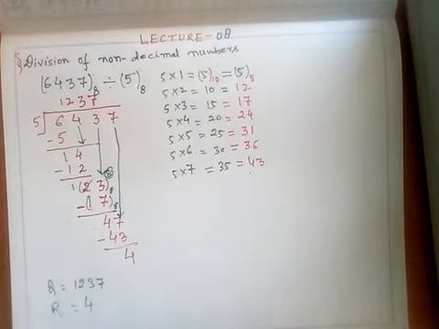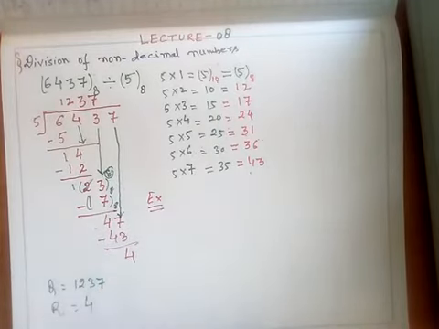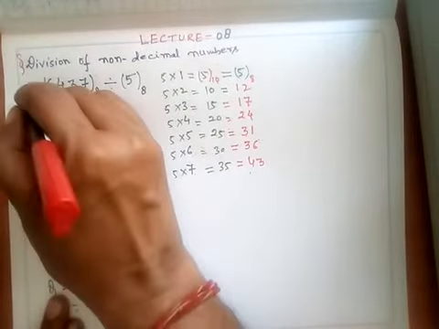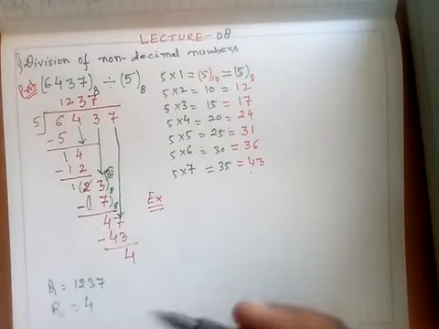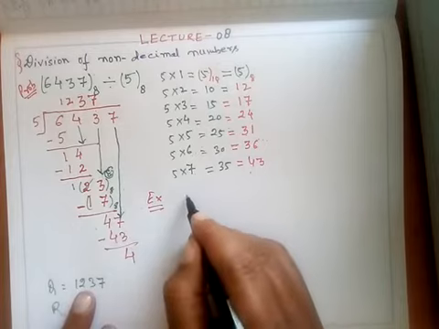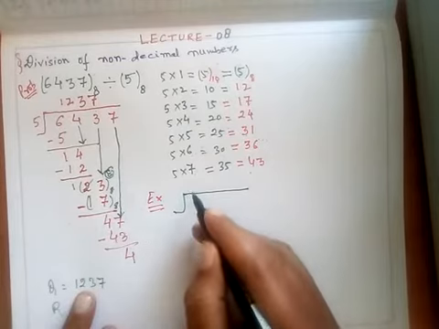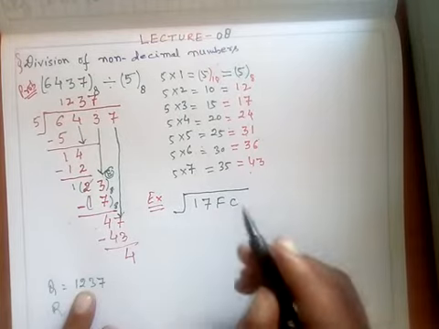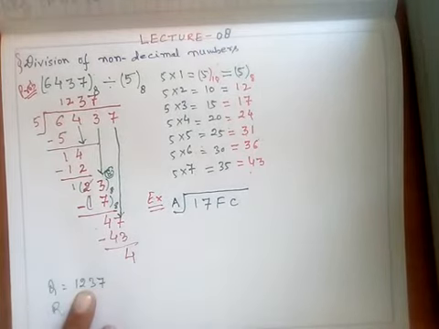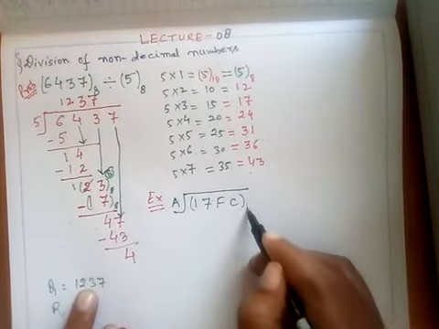Let's take another example. Let's take another example here, or a problem here. This first problem was this. Suppose I say that I take a hexadecimal, for example. Suppose I say you have a number. This is the problem here. What is the result if I divide 1 7 F C by a term, suppose I say A. Now we have to go for this hexadecimal. It's a hexadecimal number, base 16.